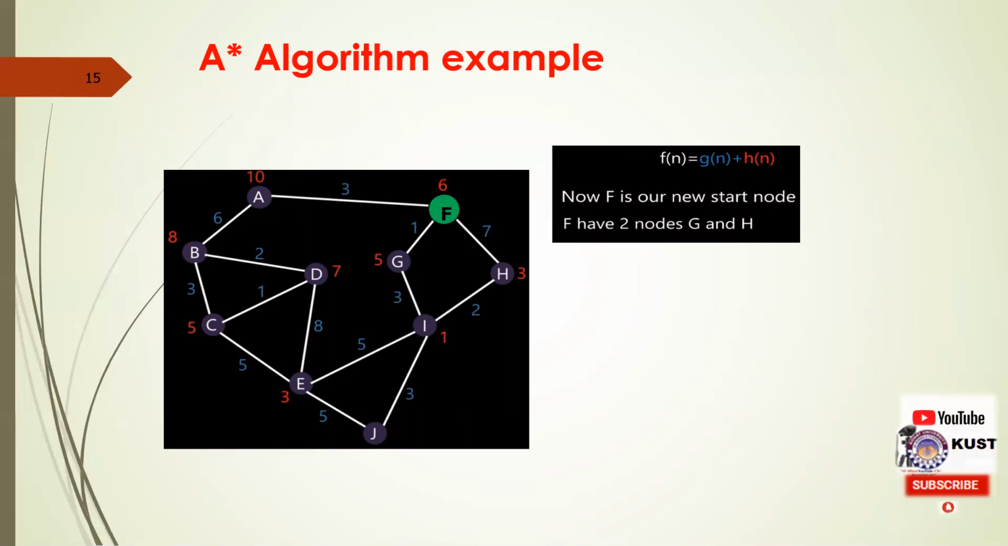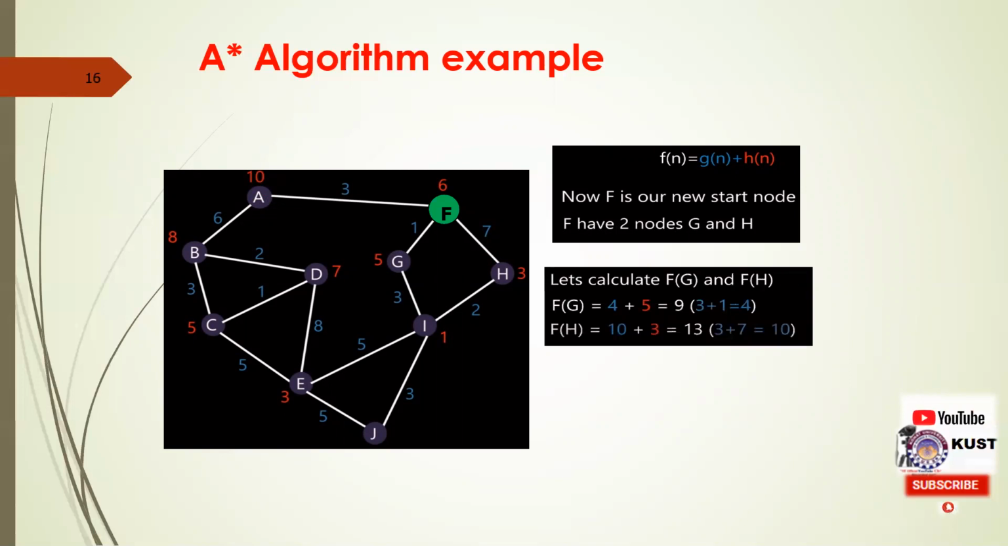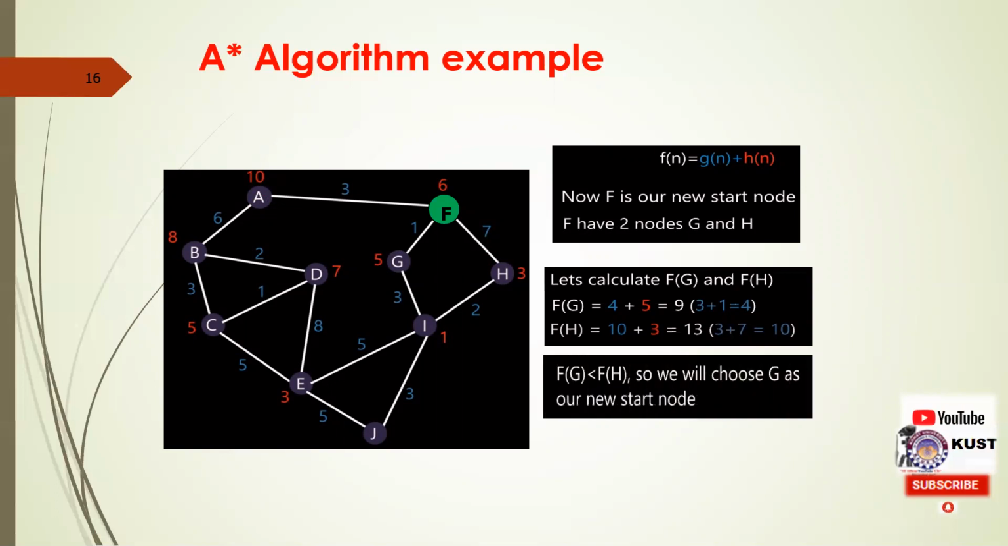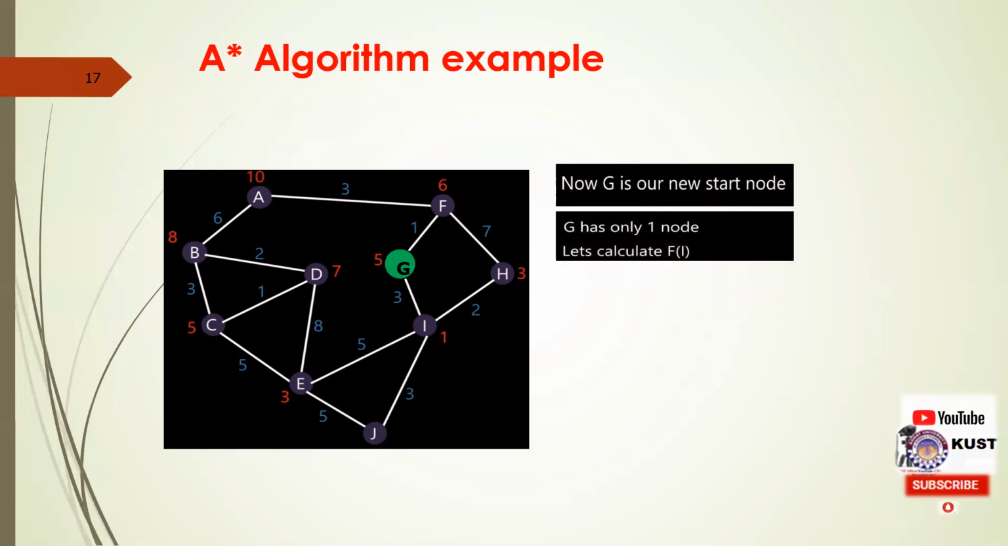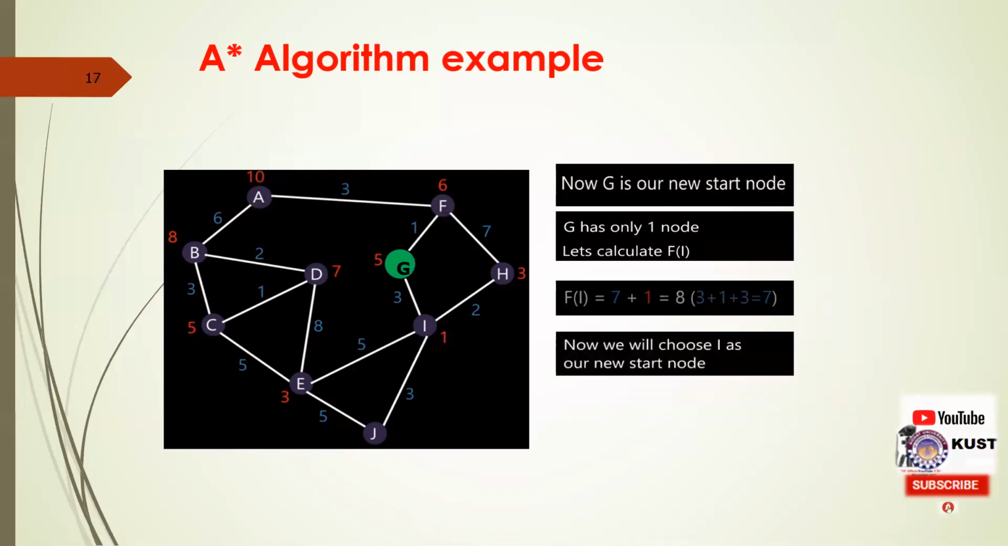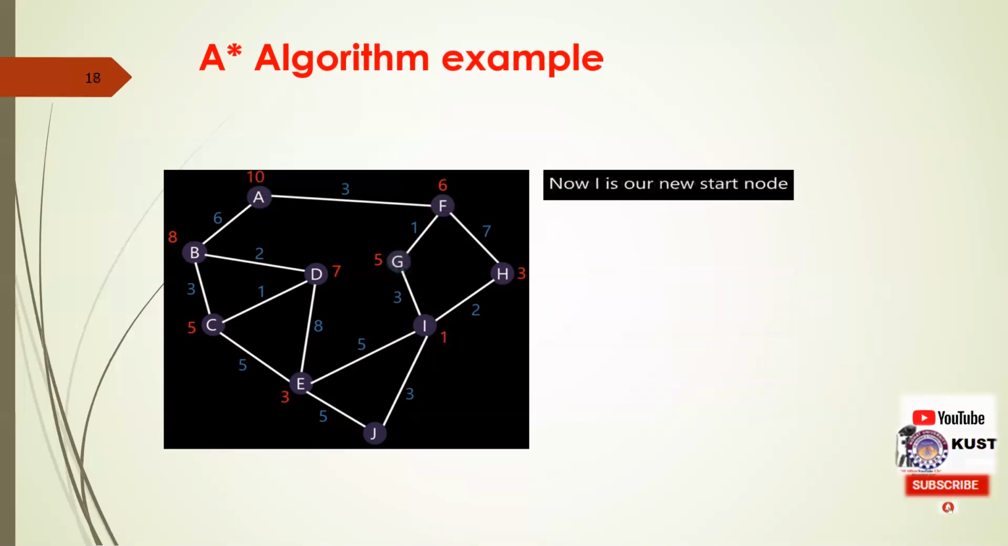Now F is the new start node. F again has two nodes, G and H. The evaluation functions of G and H are 9 and 30. The evaluation function of G is less than H, so the next node that will be explored is G. G has only one node, I, and its evaluation function is 8. So selecting I as the new start node,